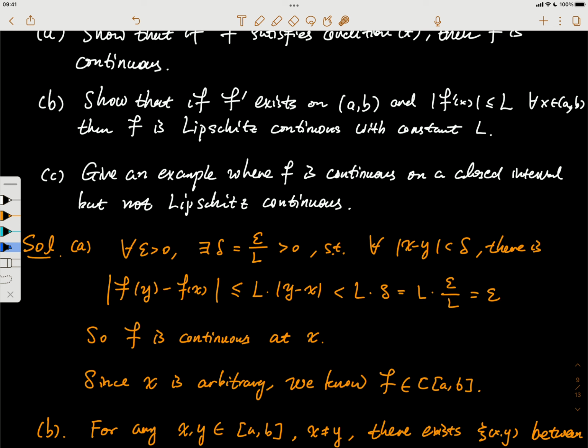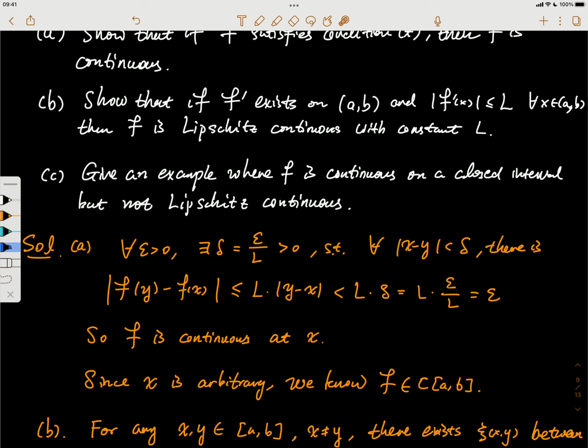We want to show that if a function satisfies the Lipschitz condition, then it has to be continuous. So to show that, we just name any point x, and then we know that for any epsilon, there exists a delta. We just set this delta to be epsilon over L, because this is still a positive number, right? Because epsilon and L are both positive. So for any y whose distance to x is less than this delta, we can show the following: